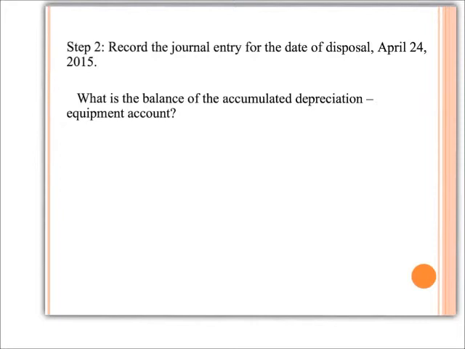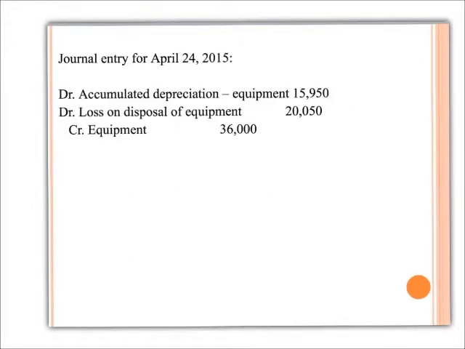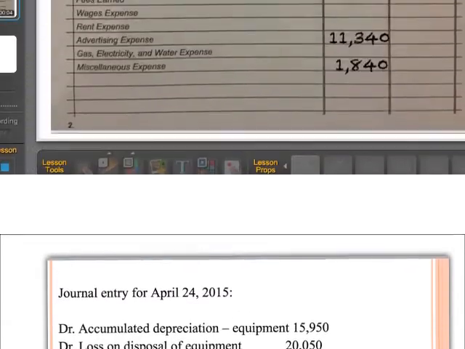What is the balance of the accumulated depreciation account right now? $15,950. We needed to know the accumulated depreciation updated amount so that we can write it off of our books. So the journal entry for the date of disposal of April